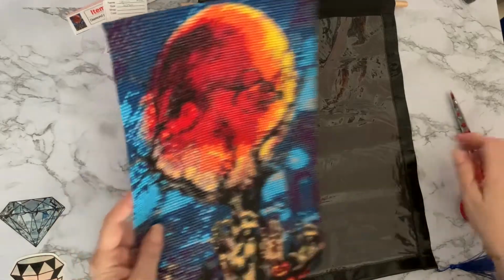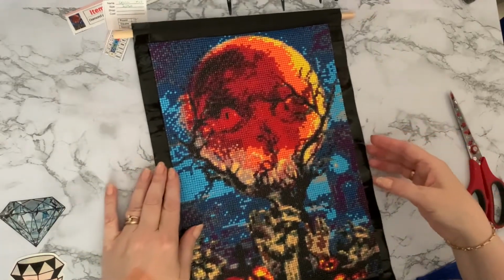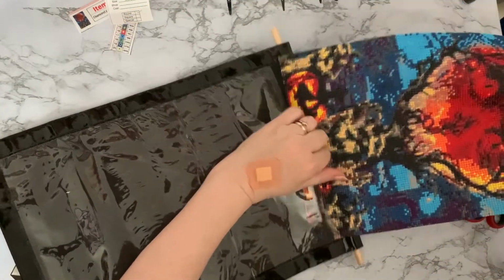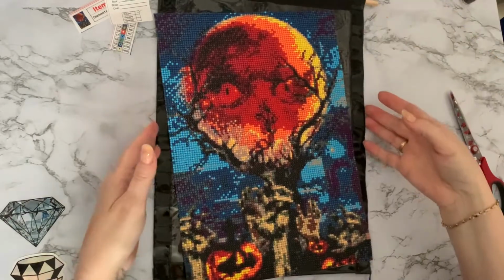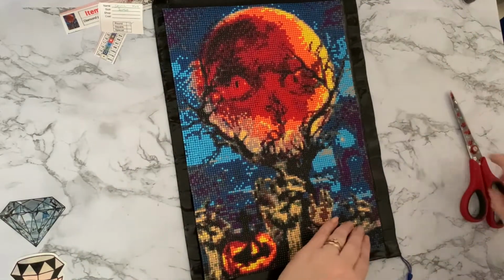And then let's see where we are with this. Oh, that's not bad actually. So let's have a look, see if this will actually just fit straight in. So it's got the little pocket at the top now. We just need a little bit off one side. So where shall we take off? Possibly this side, I think. So let's just take,